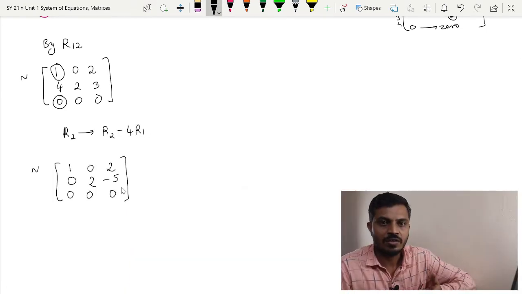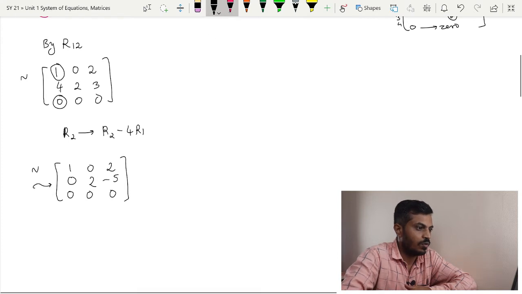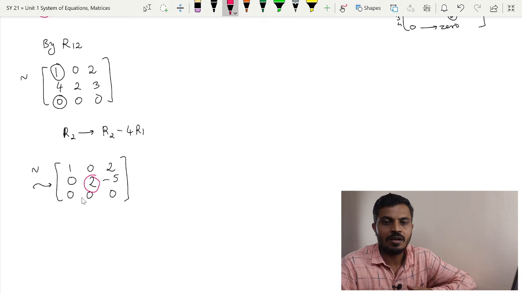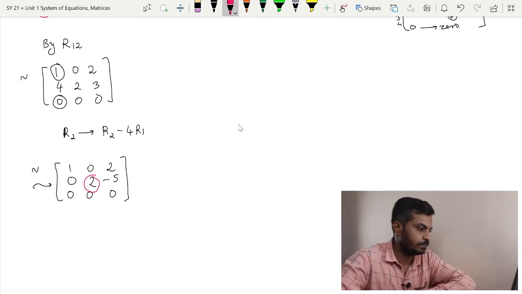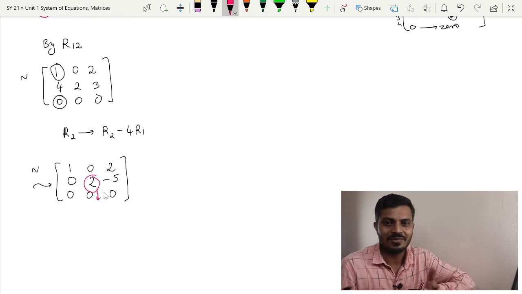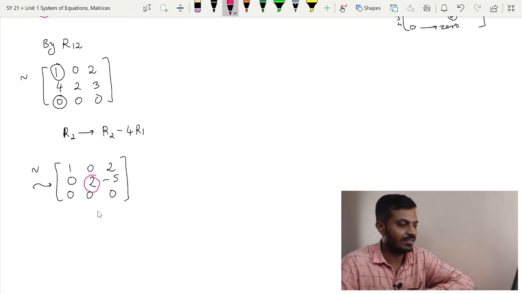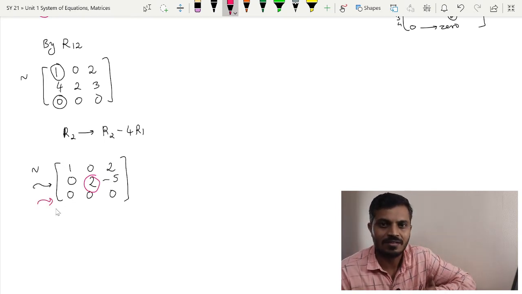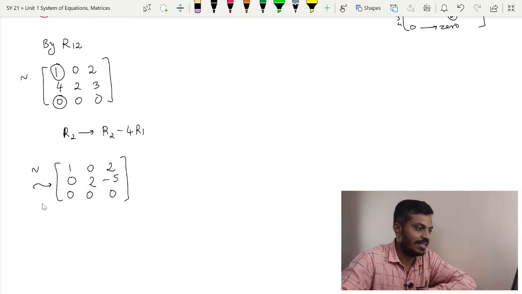Now, the process we have done only for the first row. Now, check the leading coefficient of the second row. What is the leading coefficient of the second row? It is 2. We have to make all the entries below this leading coefficient 0, but it is already 0, so no need of worrying about it. Now, move towards the third row, but the third row does not have a leading coefficient. So, our job is finished. Whatever matrix we have got, it is in echelon form.